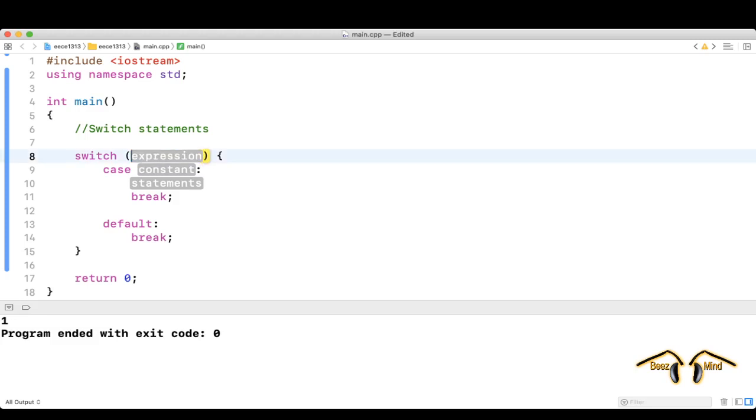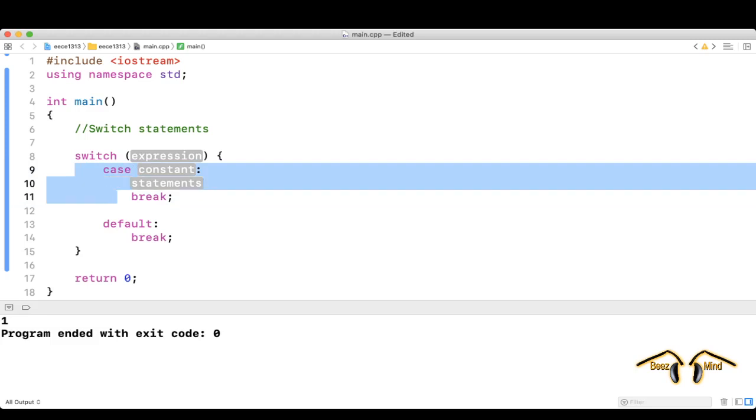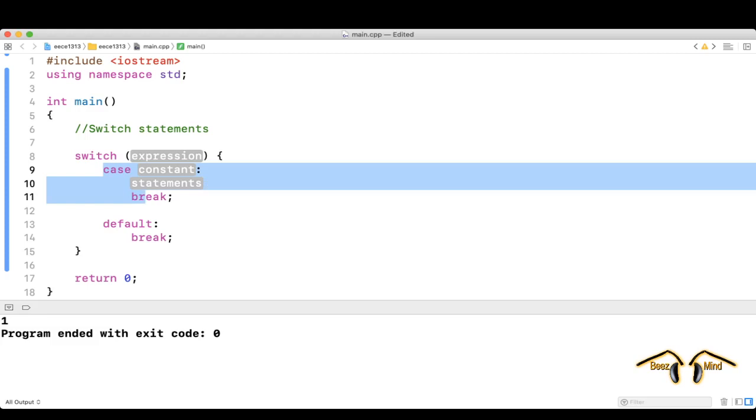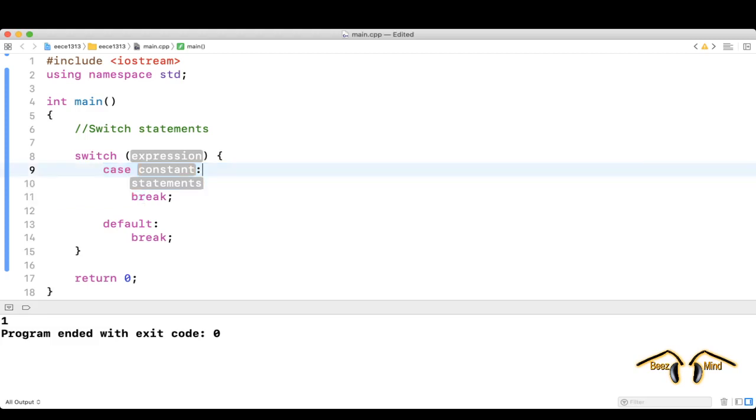So you have the expression here, and you have many cases. In this case, it is only one, but you can copy and duplicate this block to create many cases. And you're going to have many constants here and statements. And there is a break, and there is a default. So what it does is that